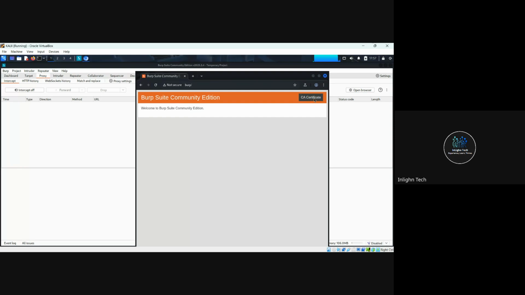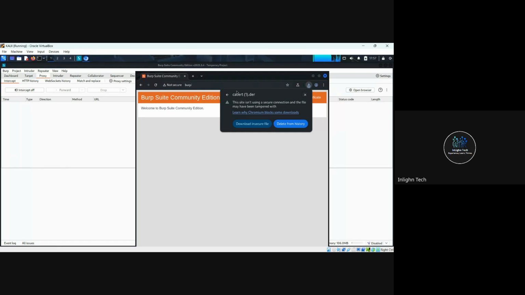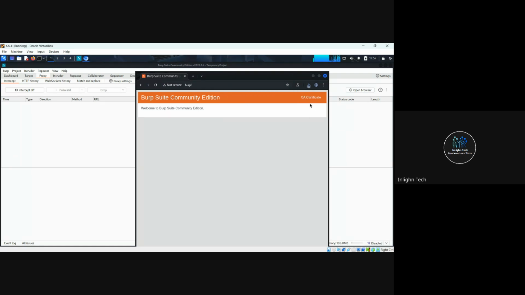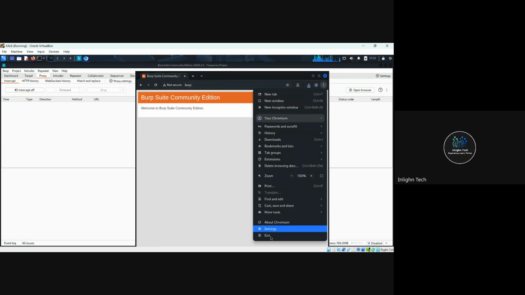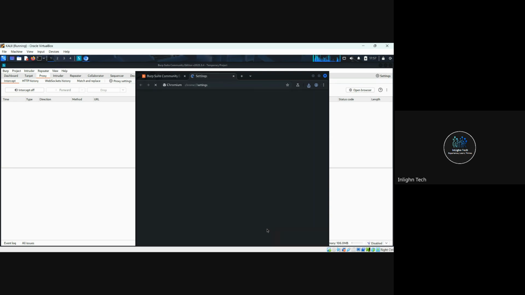You need to download this CA certificate, which I have downloaded recently. First open your Kali Linux and open the Burp Suite tool, then open http://burp, and it will open a UI like this, and you need to download this CA certificate just by clicking on it, and then go to the settings